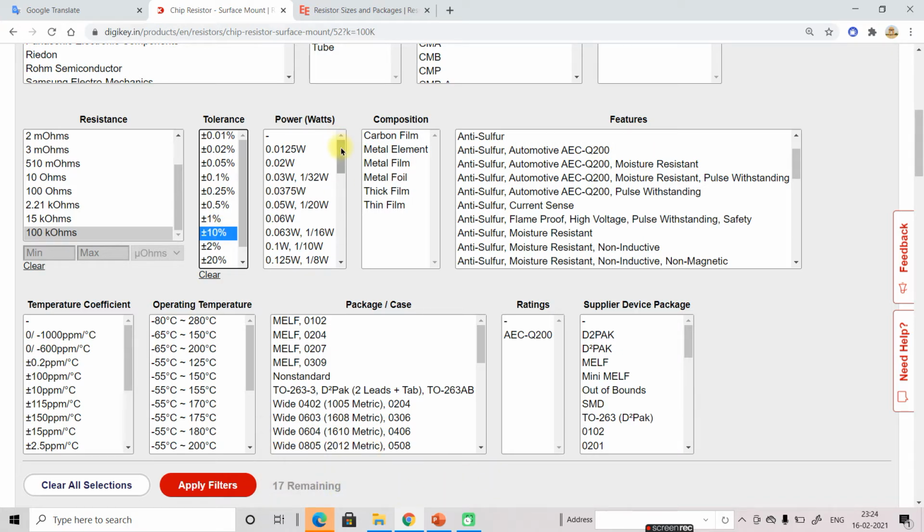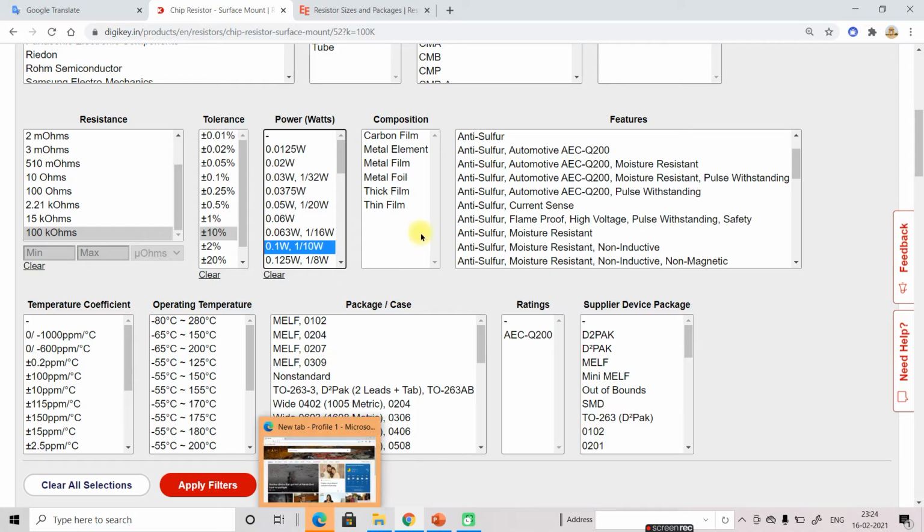Now we select more. So I select 0.1 watt. 0.1 watt means 0603. I select here power wattage. So its value again changes, that we have two resistors, 100 kilo ohm, 10% plus minus, only two resistors available, and I go ahead.